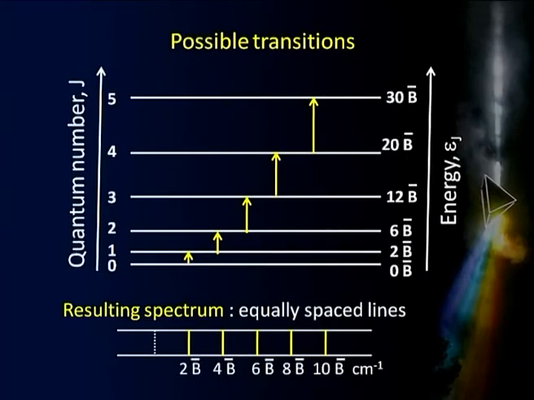Okay. So, we have assumed the molecule to be rigid. If that be so, then that is the kind of spectrum I am going to get. That means, for a rigid rotor, I am going to get a spectrum which is essentially a set of lines which are equally spaced, and the spacing happens to be 2b bar.